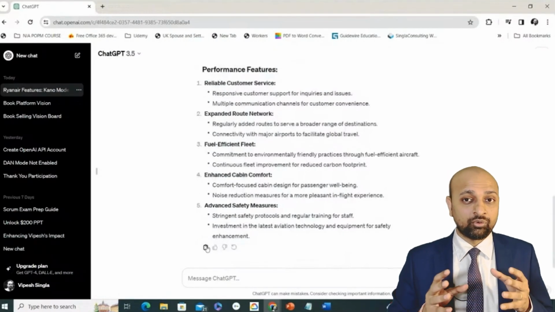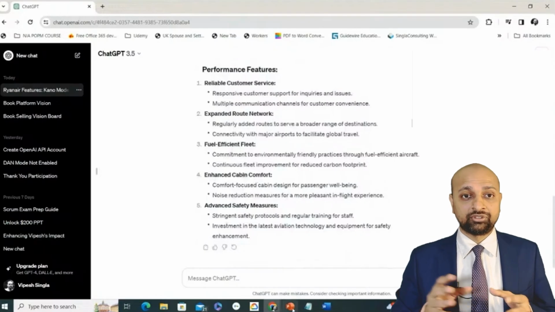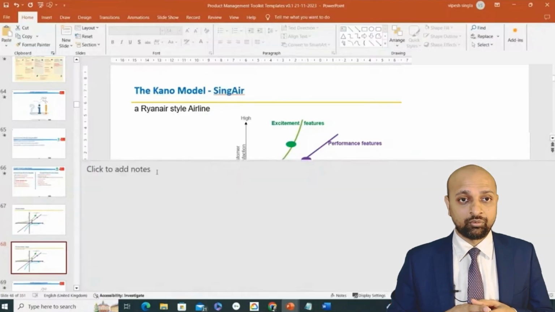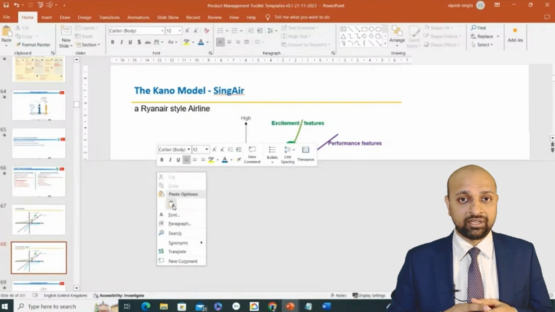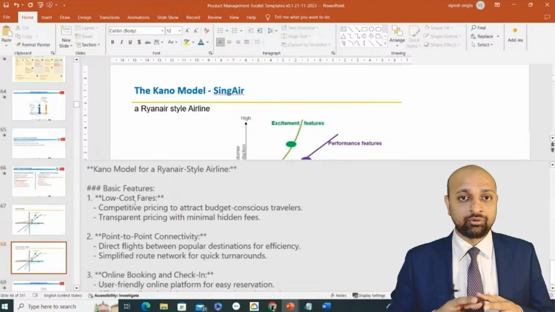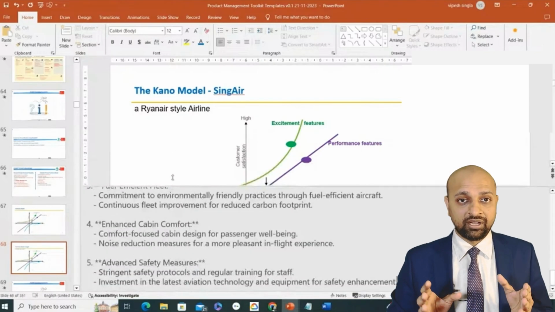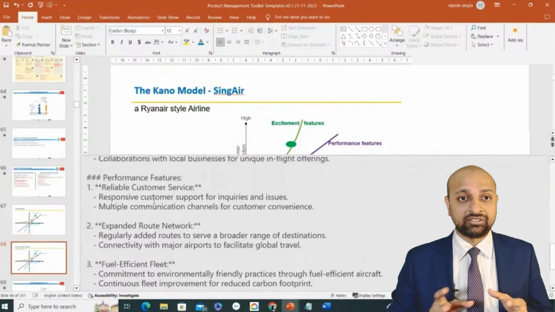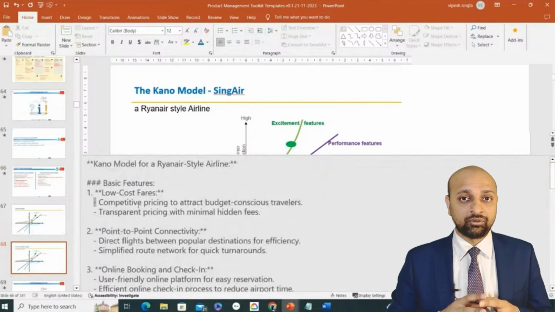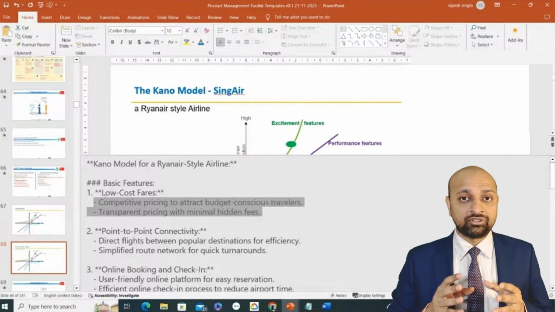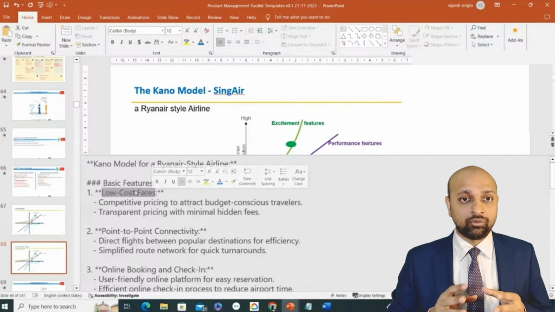So what I'm going to do now is port all this information into the industry standard Kano model PowerPoint template. While doing that, I've used our Kano model template for our new airline. What I'm doing here is keeping the detailed descriptions inside the notes section of the deck and only writing the headlines of the features on the slide itself. So that's what I'm going to do now, port them one by one.